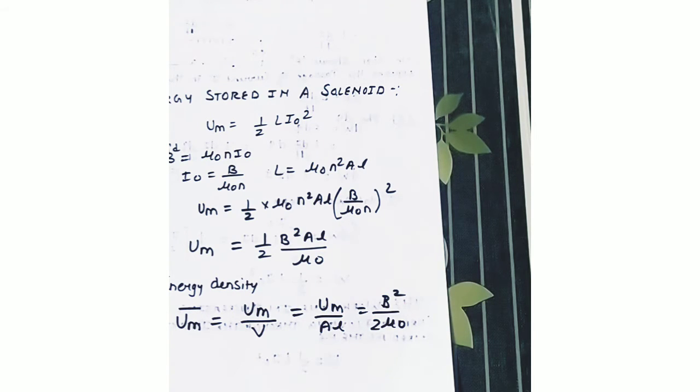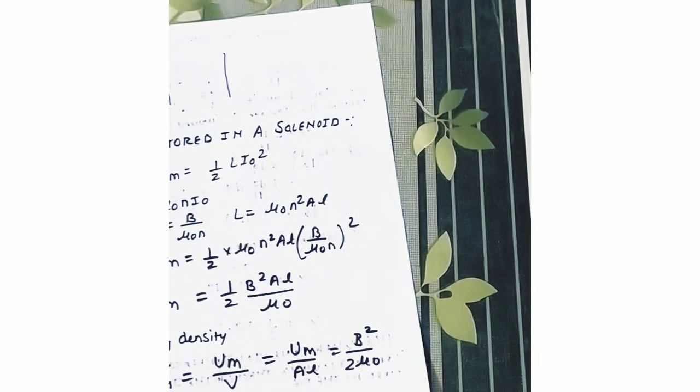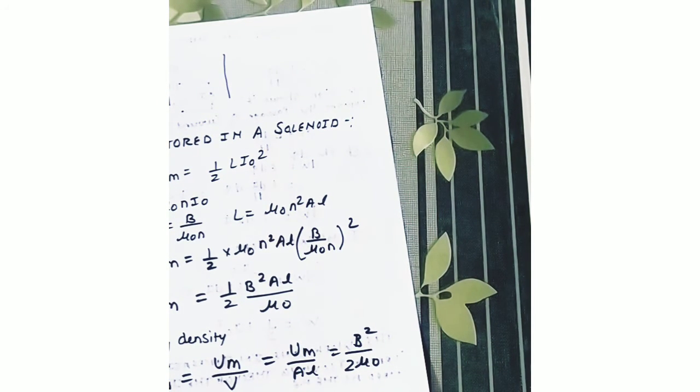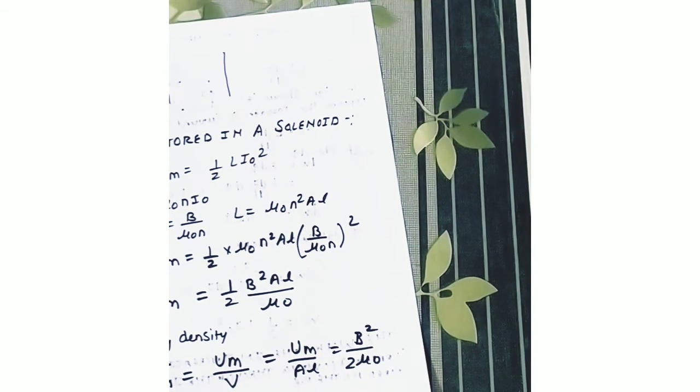Now understand what displacement current is. As this is not in the syllabus, I am not going into its derivation, but only for your concept I am telling you what displacement current is. Now only understand the concept. What does Ampere's circuital law say, which we have studied? If we consider a closed loop in a magnetic field, then the integral of B dot dl is equal to mu naught I, meaning the current enclosed in it times mu naught, right?